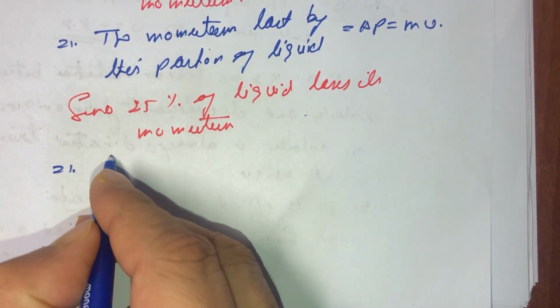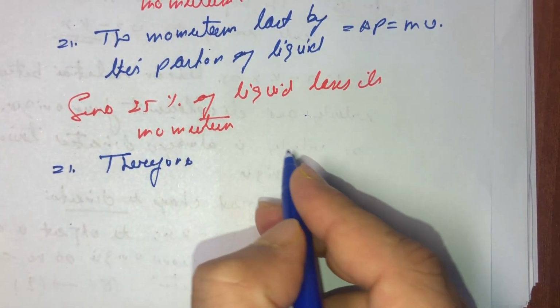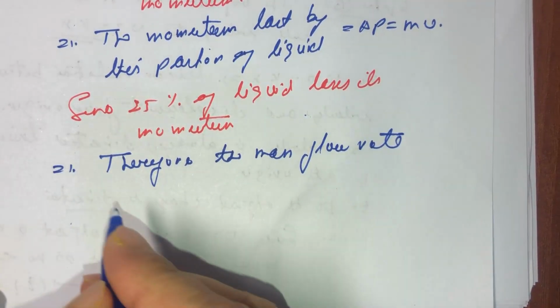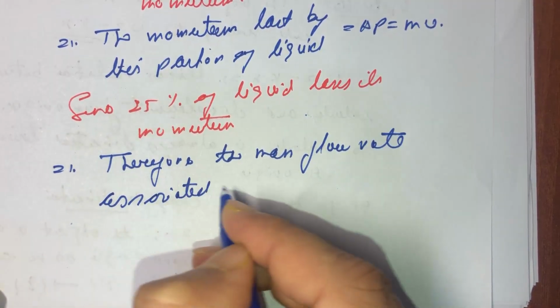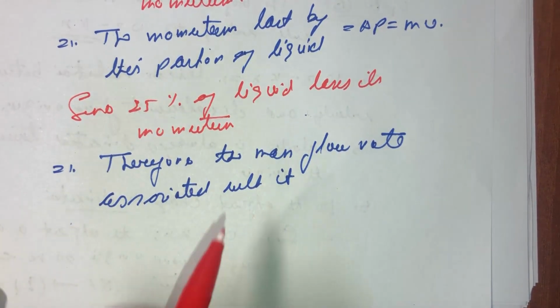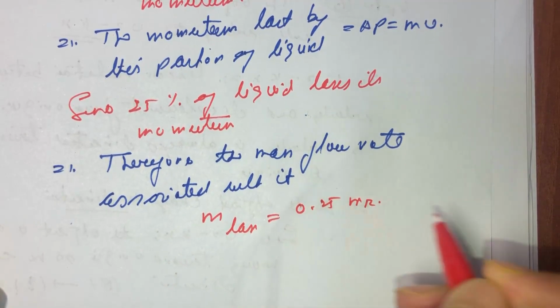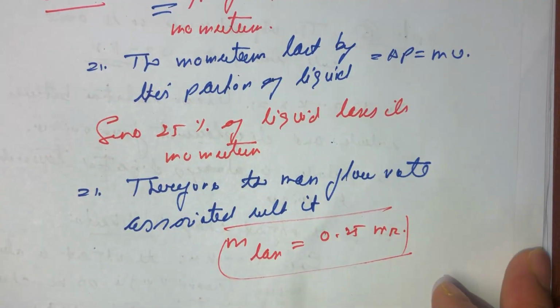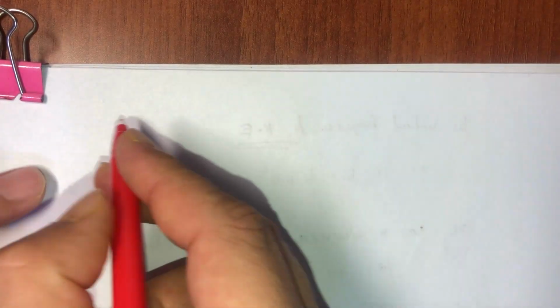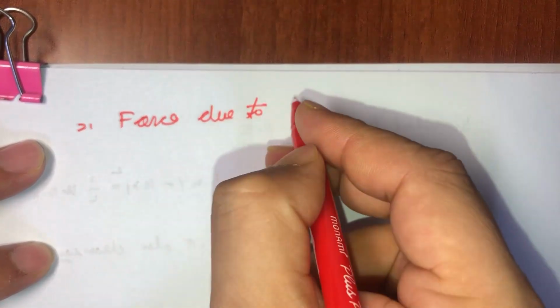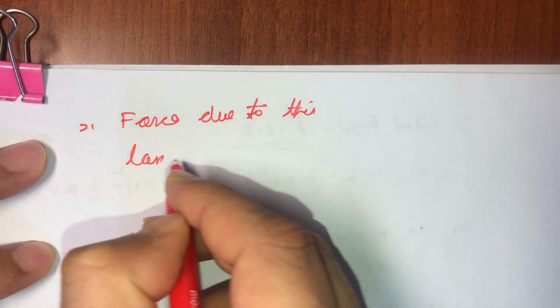So we can say that therefore the mass flow rate associated with it, let us suppose that is given as m loss, will be equal to 0.25 multiplied by mR. So from here we can find out the force, and we can say that the force due to this loss in momentum,